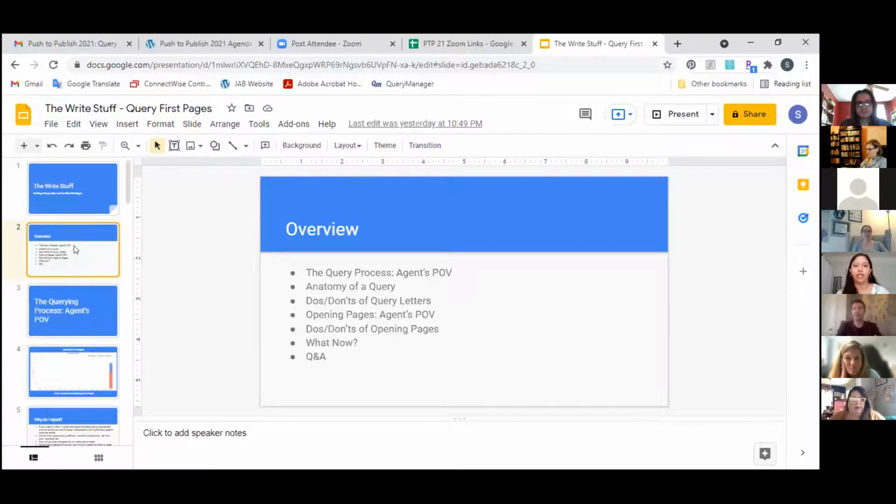And we're going to go through what is the anatomy of a query letter. Again, if you've been querying for a while, you may already know some of these basics. And if you're just about to go querying for the first time, this is definitely important information you should have. We're going to also cover do's and don'ts of query letters. There's basic mistakes that I see a lot of the times, and you definitely don't want to be doing this. You want to have an agent read your query letter and not knock it because you didn't put your best foot forward. And the same way, we are also going to cover opening pages from my point of view. Personally, what grabs my attention and what makes the opening pages effective or ineffective.